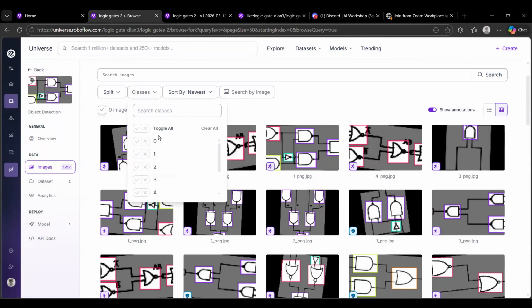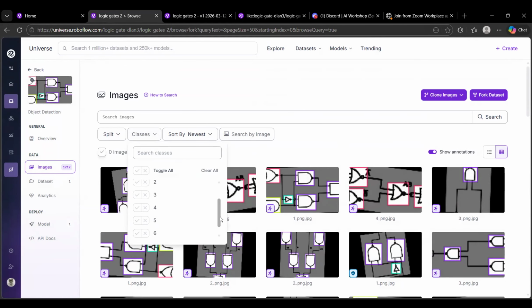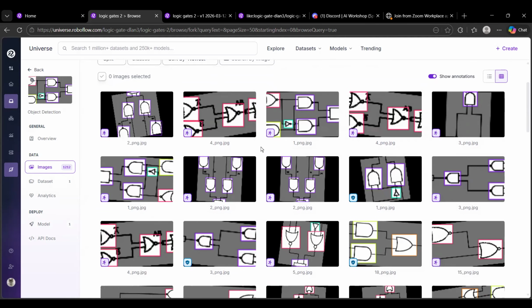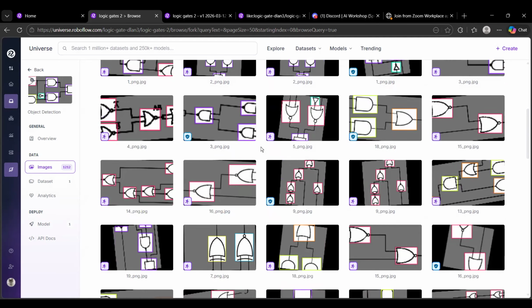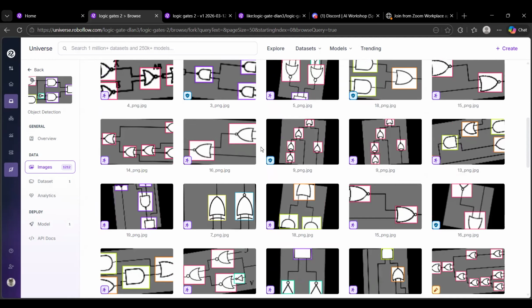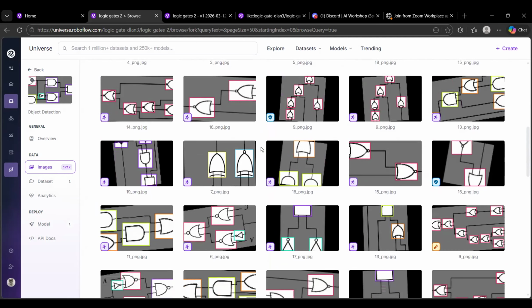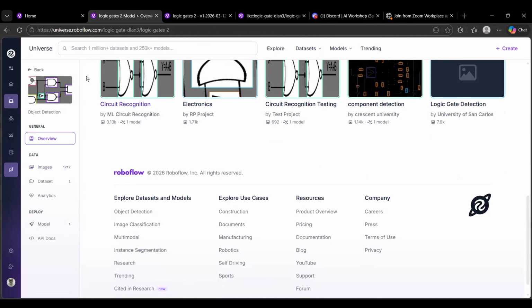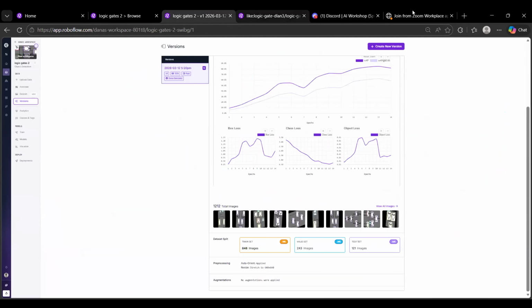Oh, 6, 7, 7 classes. But it doesn't say what each means. Overview? Maybe the training thing. Okay.